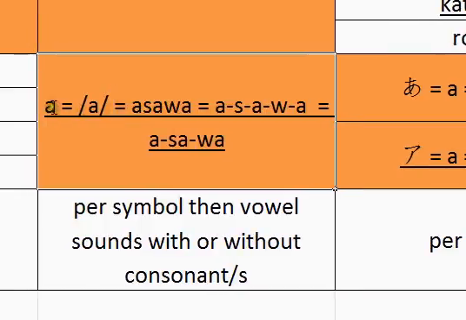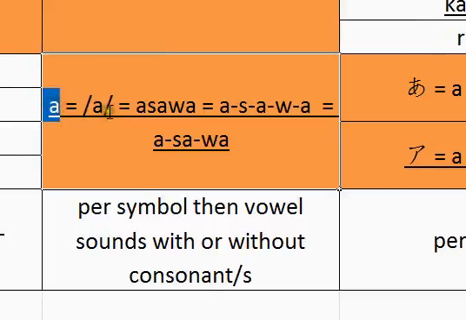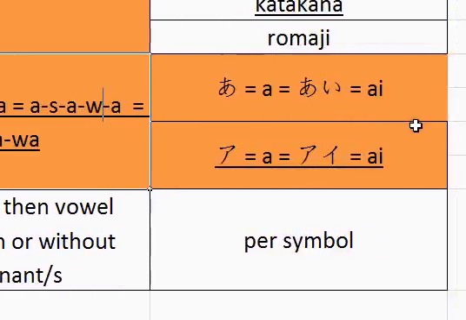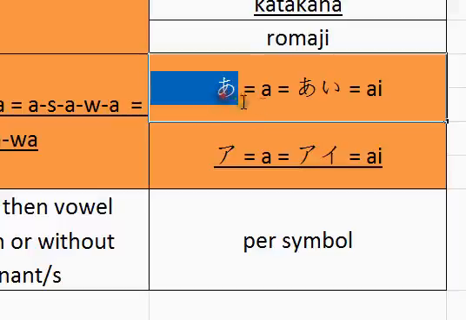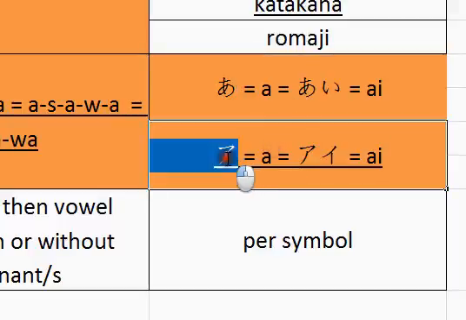So the letter A will always sound as a, even if it's at the beginning, the middle, or the end. That's it for the Filipino. What you see is what you get, which is almost the same as for the Japanese. For the Japanese, here we have the hiragana symbol for a and the katakana symbol for a. If you see these symbols, it will always sound the same.